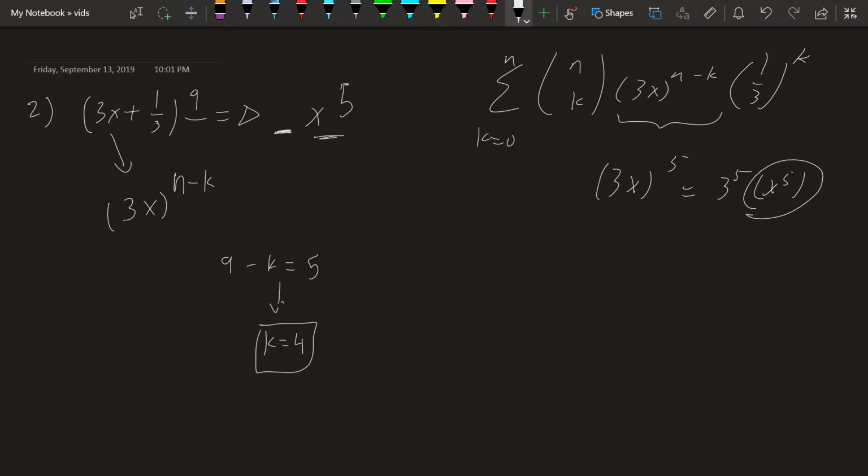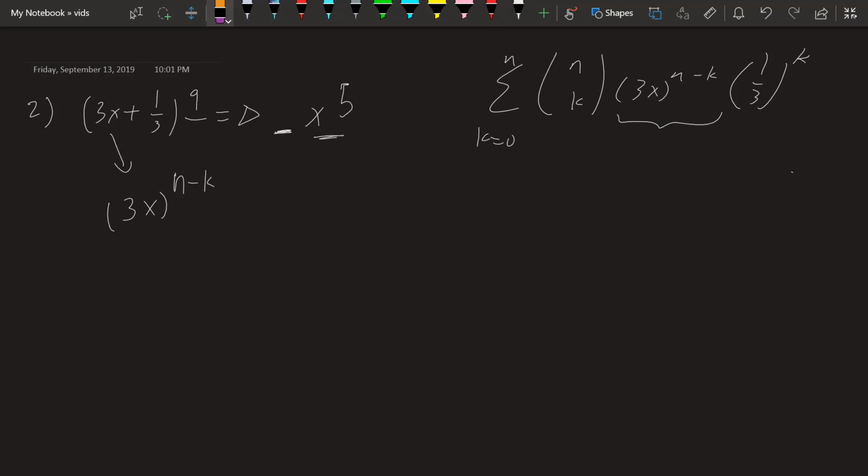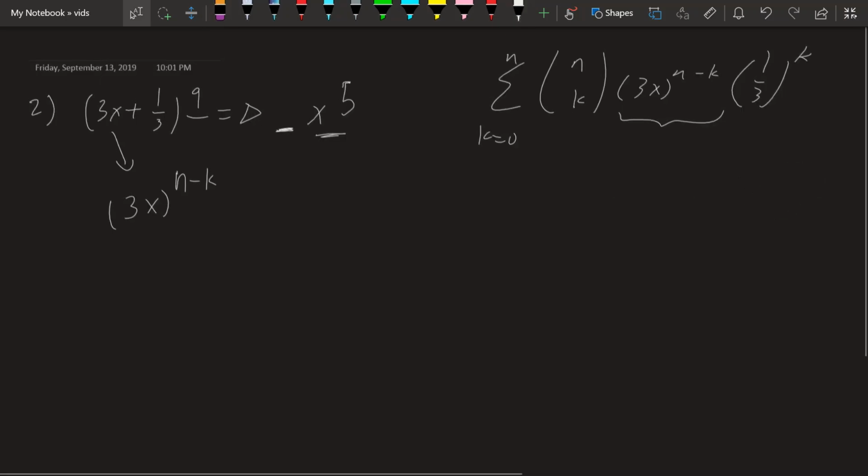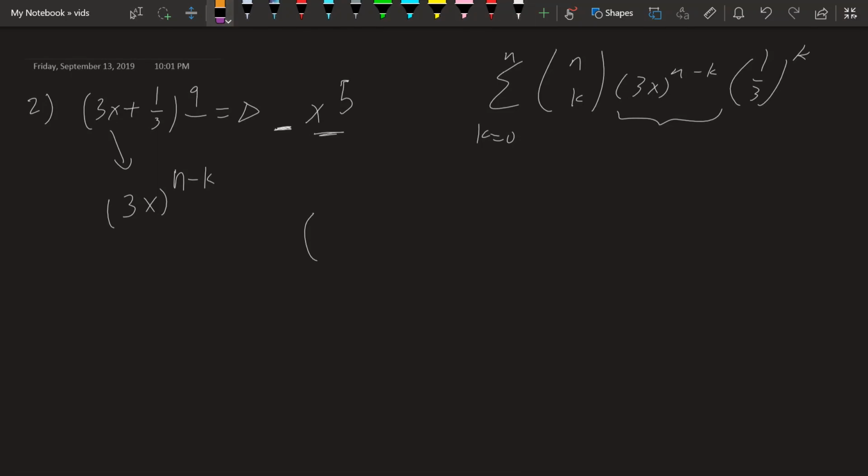Simple mathematics, right? So now we know that k is 4, all we're going to substitute is 4 into k, and we're going to find the expression. Of course, we're not going to be using the whole binomial expansion, because they only want us to find the term that has x to the power of 5. They never said expand everything, you know? 3x multiplied by 9, 3x raised to the power of 9 minus 4, 1 over 3 raised to the power of 4. Using a calculator, 9 combination 4 is just